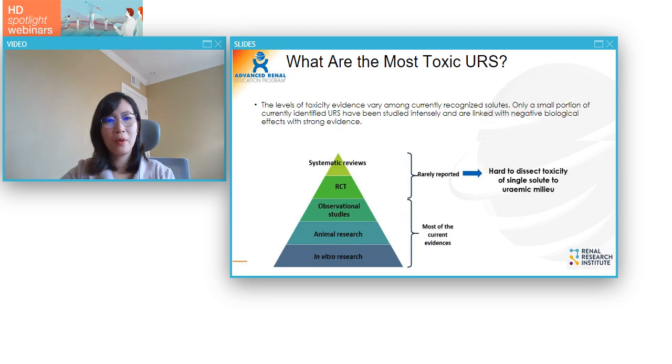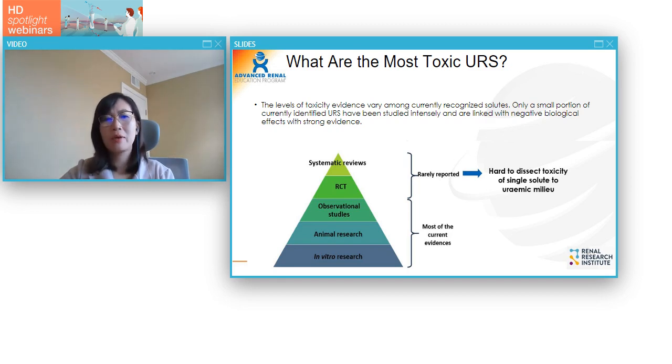Most available evidence is limited to in vitro or animal studies. At a clinical level, most of those studies are observational studies. Some are even inconclusive, and studies that directly link lowered uremic toxin levels to improved patient outcomes